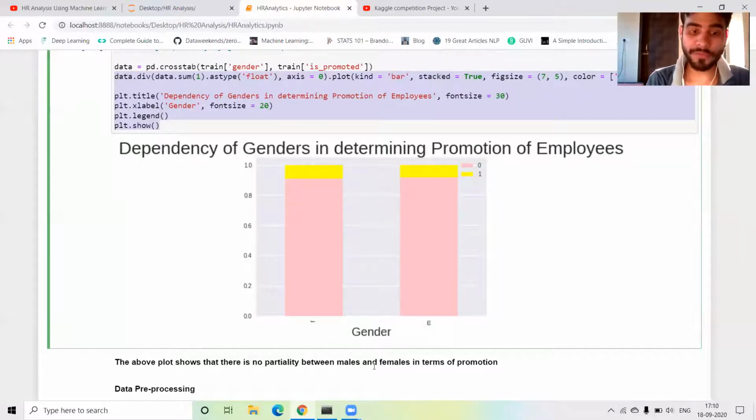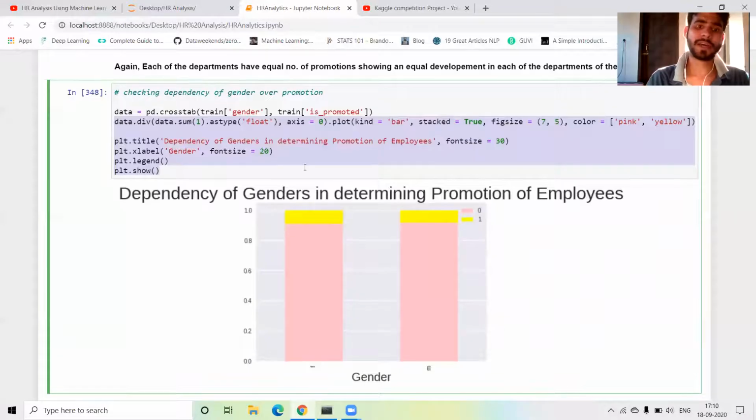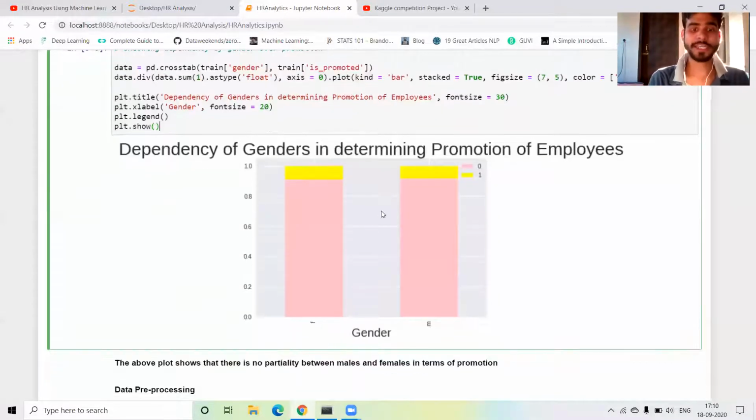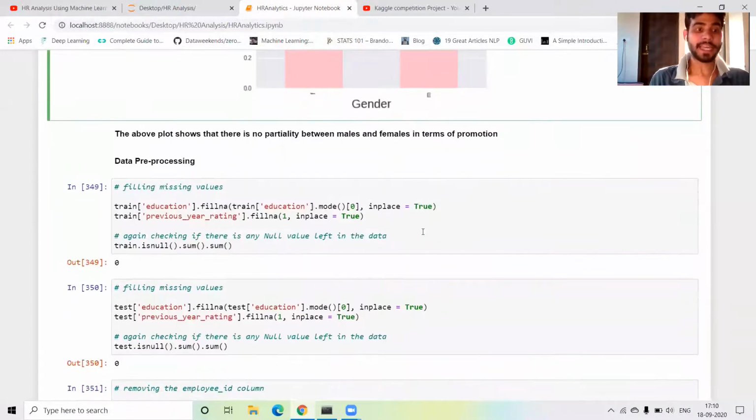Okay, so if you are a female in a company, it does not depend on the gender. Like if you are a male and you are a fresher, then there are fewer chances you are promoted. And if you are a female and you have 2 or 3 years of experience, then you have high chances of being promoted. Okay, so the gender column does not affect this part, guys. So you have to see both bar plots look the same. Okay, next part is the data pre-processing, guys.